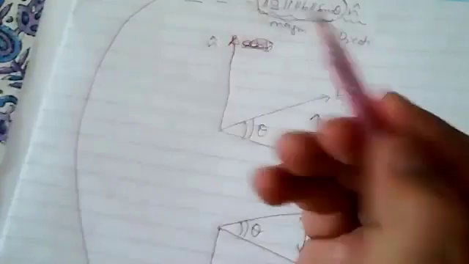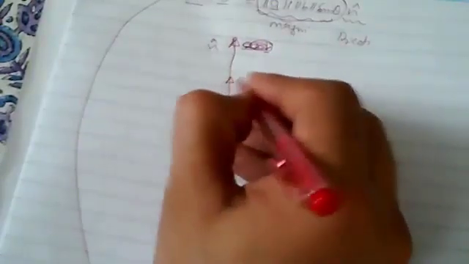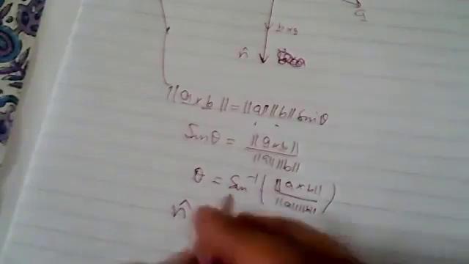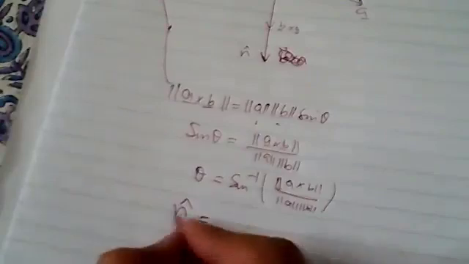If you want to find the unit vector n hat, it's a unit vector in the direction of A cross B. So what is the definition of unit vector? Vector over magnitude. So n hat is a unit vector perpendicular to A and B, orthogonal to A and B. Let's suppose there is a question: find a vector perpendicular to both vectors A and B. It means you have to find the unit vector perpendicular to both A and B. So just A cross B is a vector perpendicular to both A and B, then divide it by magnitude. Vector over magnitude, you will get the unit vector.